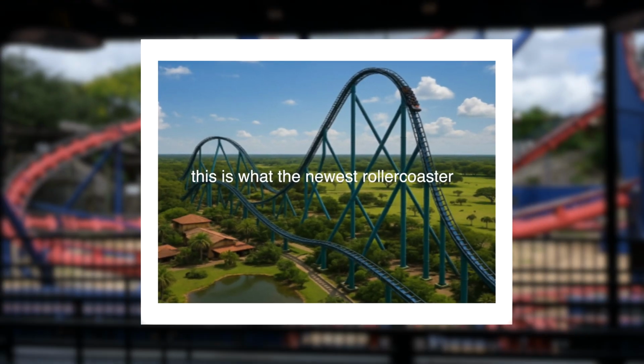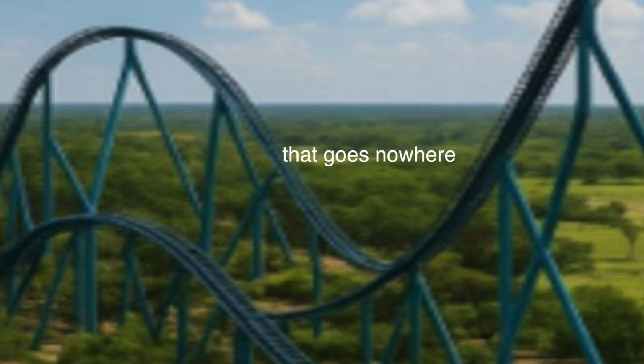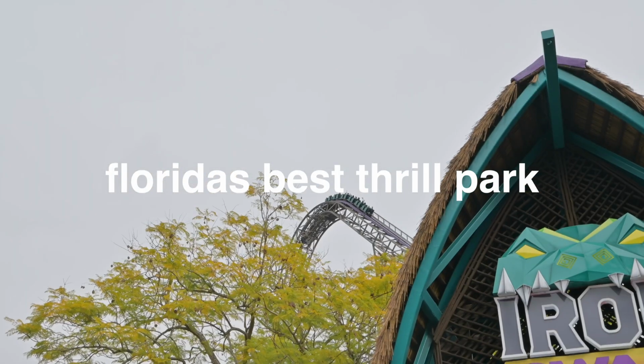This is what the newest roller coaster in Florida is gonna look like. Well, actually, I hope not. This is terrible AI art. Look at this. There's a drop that goes nowhere. Besides that, this is concept art put out by Busch Gardens themselves, Florida's best thrill park, and it's getting a